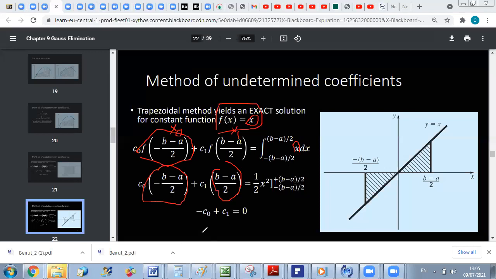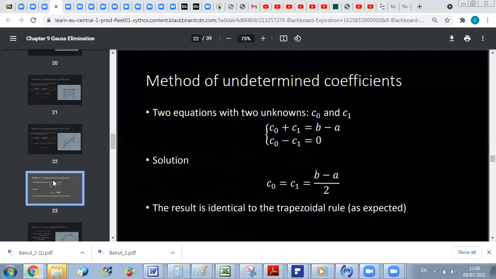And therefore, we will end up with a second equation. And this second equation will relate C0 and C1. So now I end up with 2 equations with 2 unknowns. And if I solve them, I can get my coefficients C0 and C1. And we will see that C0 and C1 will give me again the formula obtained by trapezoidal rule, which is the following,